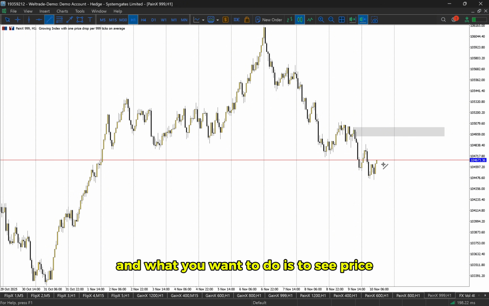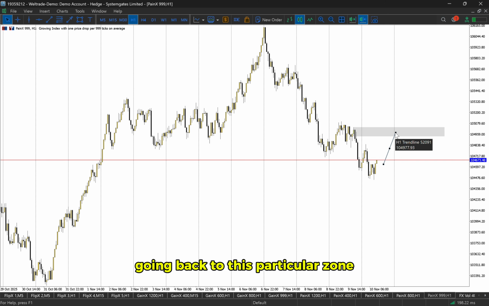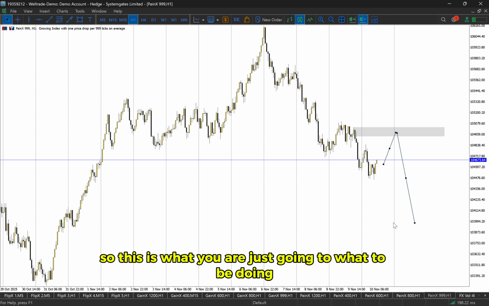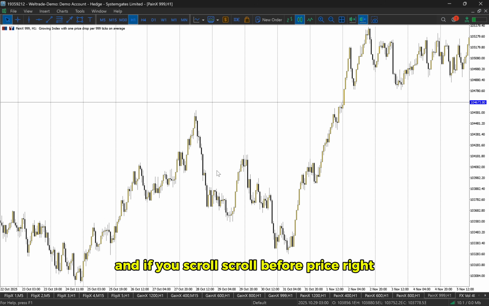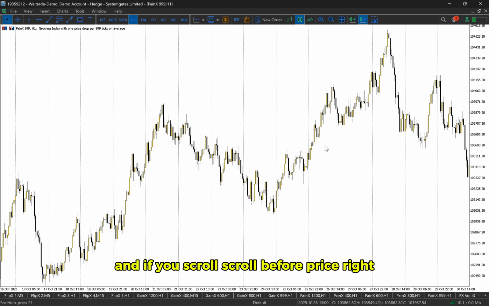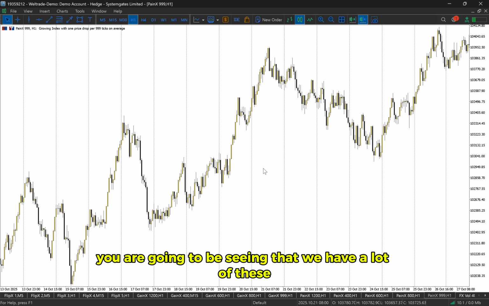And what you want to do is to see price going back to this particular zone and wait for price to expand lower. So this is what you are just going to be doing. And if we scroll before price, right,